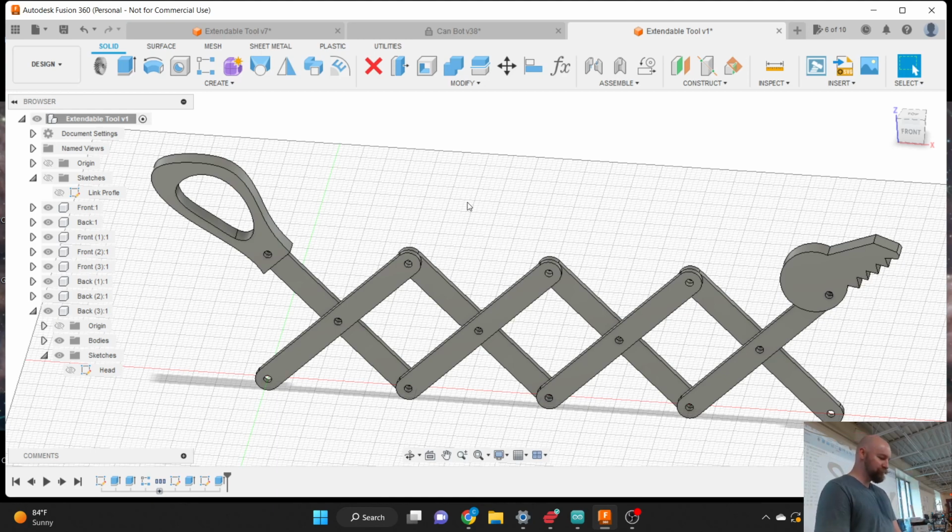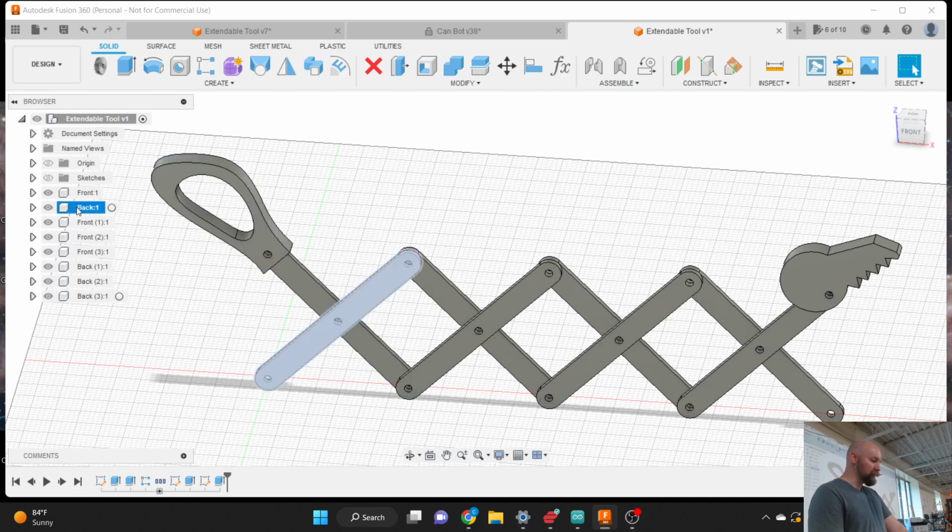All right, so where we left off, we had separated our scissors into their own components. That is important because in order to actually make this move later, we need to have individual components as part of this scissor mechanism. And I'm going to go right to the head, right to the picker-upper, I think, is where we're going to